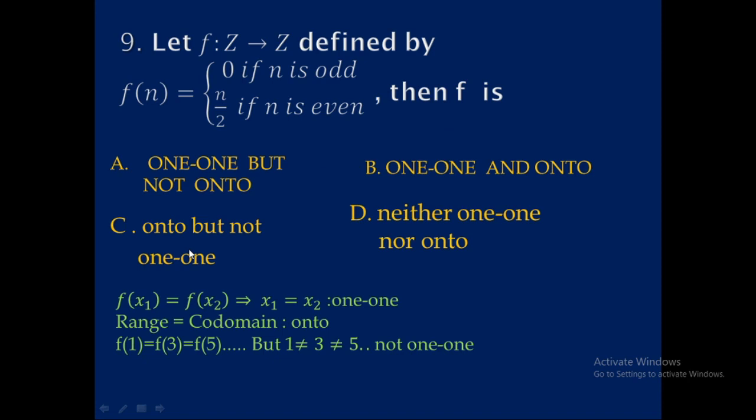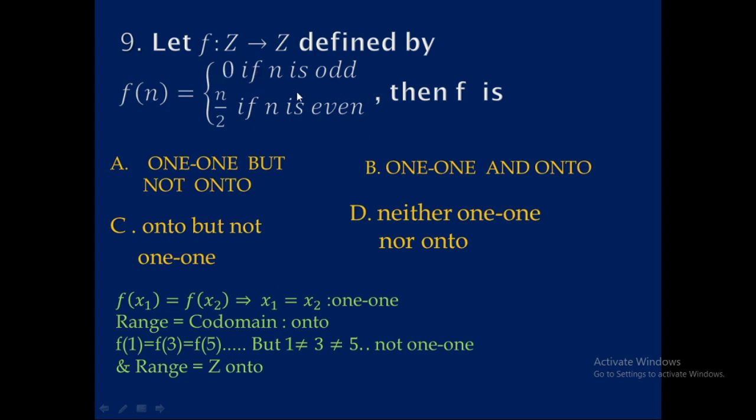Either option C or option D with the help of one-one. It is not one-one, neither one-one nor onto. Therefore, here verifying the onto functions. Here you know that the range of the function